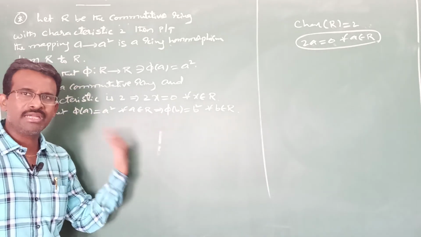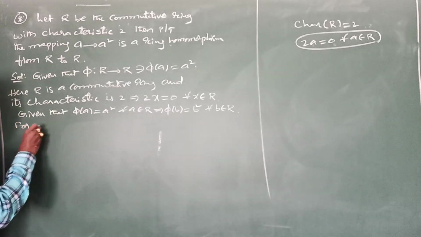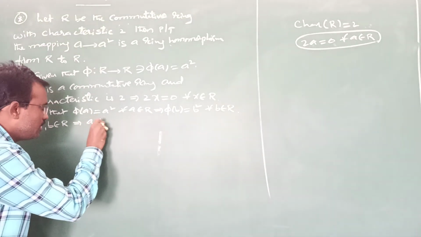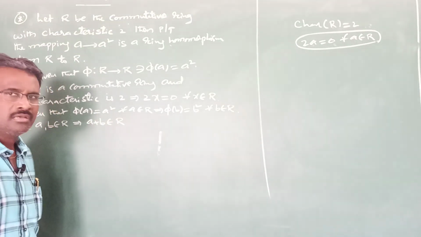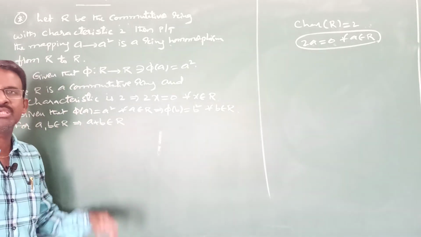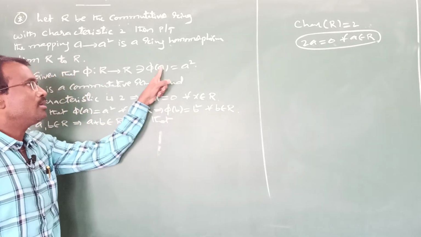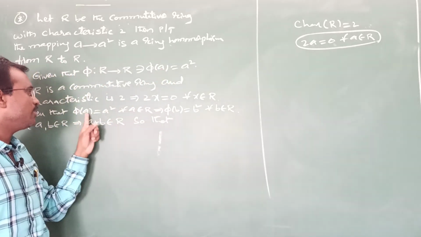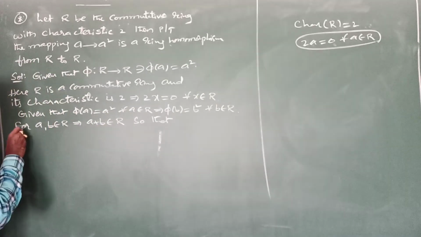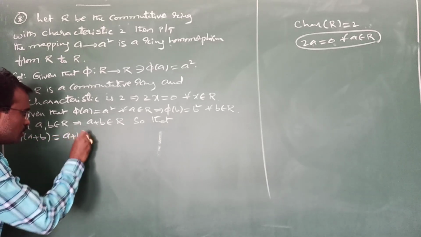Now let us come on to your additive operator homomorphism condition, right? For A comma B belonging to R implies A plus B is also in R because R is a ring. According to closure property under addition, whenever A and B in R, A plus B is also in R, right? You know that whenever A belongs to R, you have phi of A equal to A square. Then what about for A plus B belongs to R? Phi of A plus B is equal to A plus B whole square.